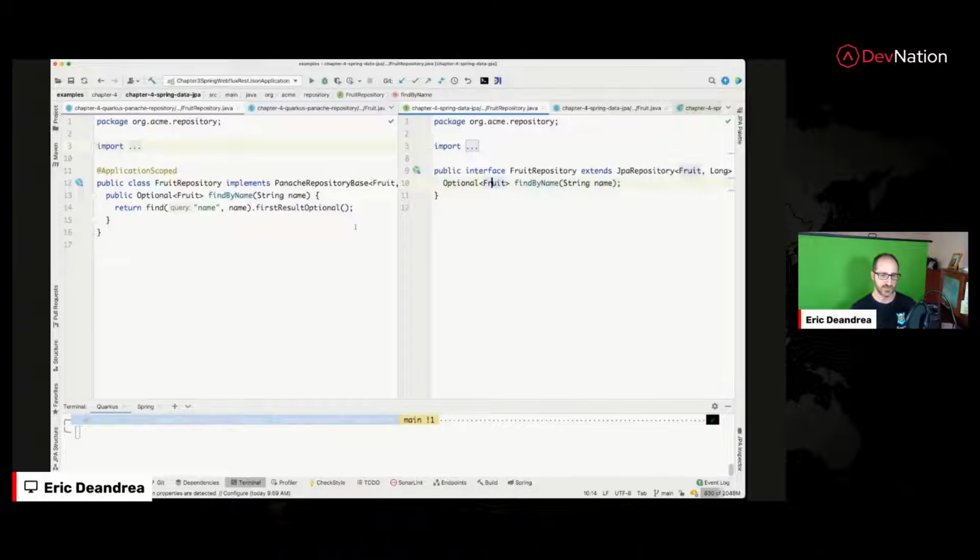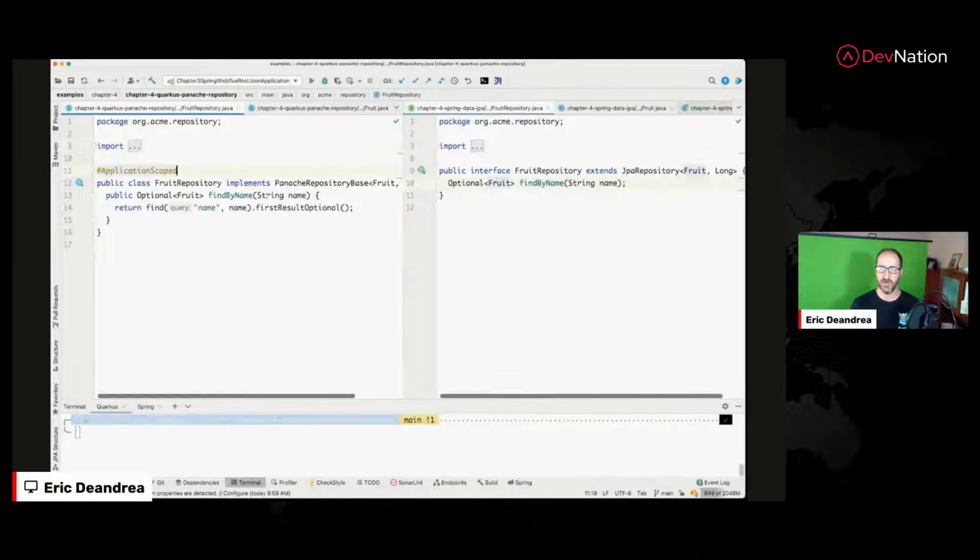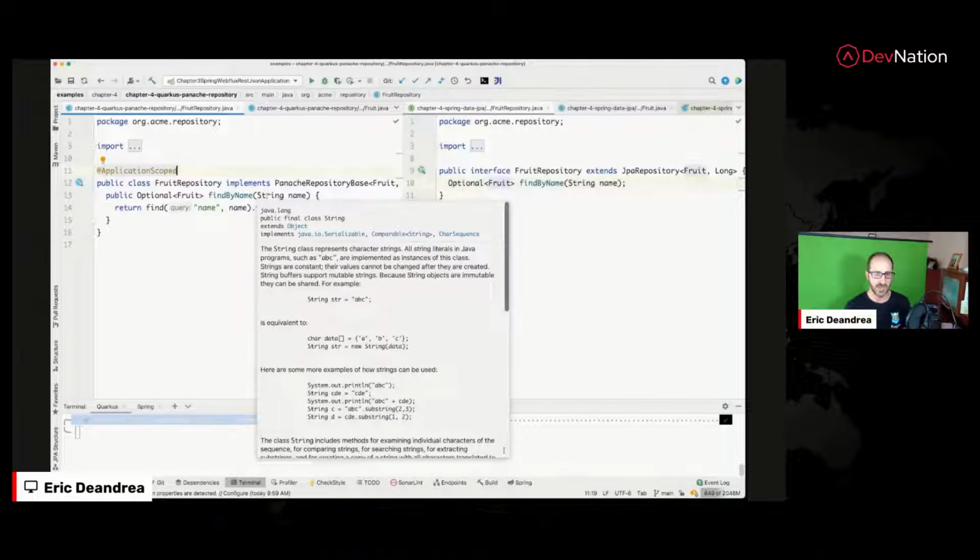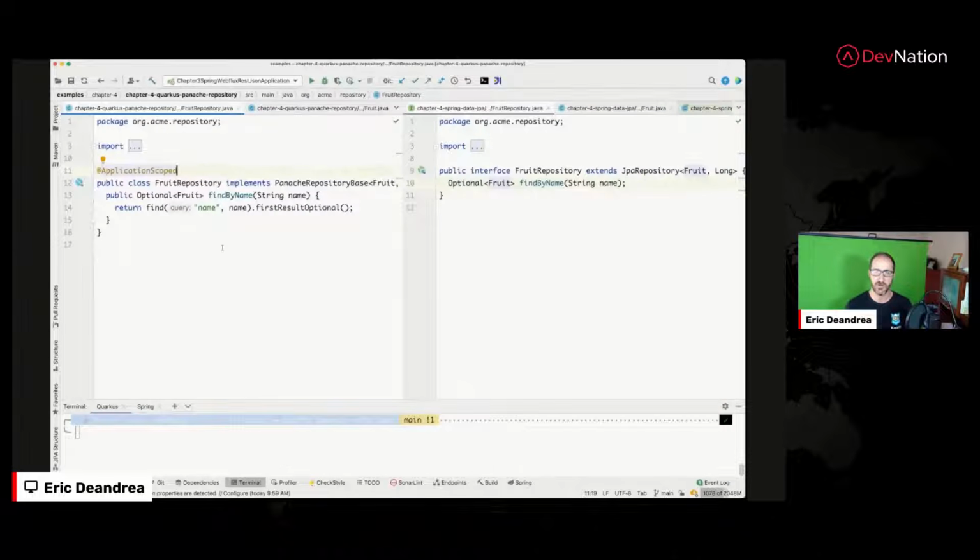Spring Data JPA has a way where I can annotate my methods with like @Query. I can do named queries, and I can do all the same stuff with Panache, and it looks pretty much exactly the same. My use cases here are pretty simple. And then the only other thing is the annotation. So by default, Quarkus uses CDI as its dependency injection framework. So because I built a class, I need to tell the dependency injection container that this is a bean that needs to be